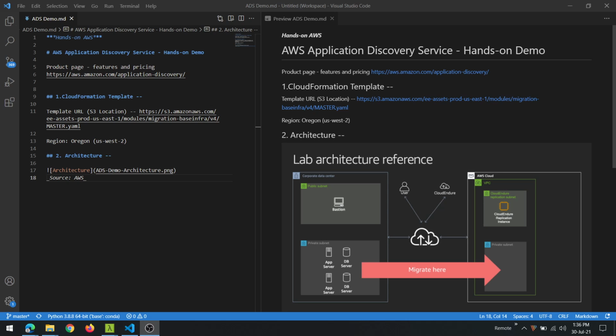Hi, today we'll look at a quick demo of the AWS Application Discovery Service. The AWS Application Discovery Service is a tool that enterprise customers can use to plan their migrations. The tool does not do actual migrations but helps you discover the various applications running in your on-prem infrastructure. It could be physical servers or virtual machines or even EC2 in some cases.